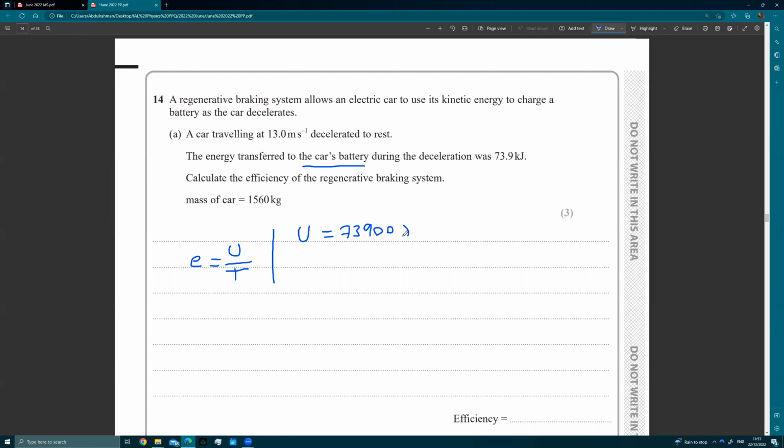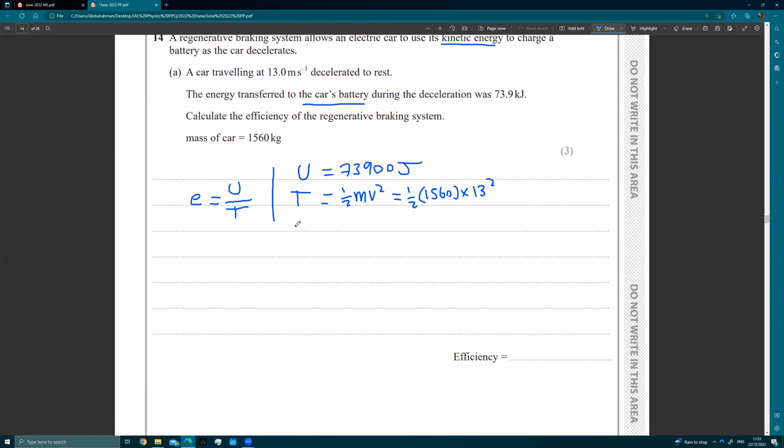Don't forget to convert. And the total energy, well, where did you get the energy from? Well, it says it uses the kinetic energy to charge a battery. So the total energy was from the car's kinetic energy, which is just half mv squared, which is a half times 1560 multiplied by its initial velocity squared, which is 13 squared. So you put that onto your equation,